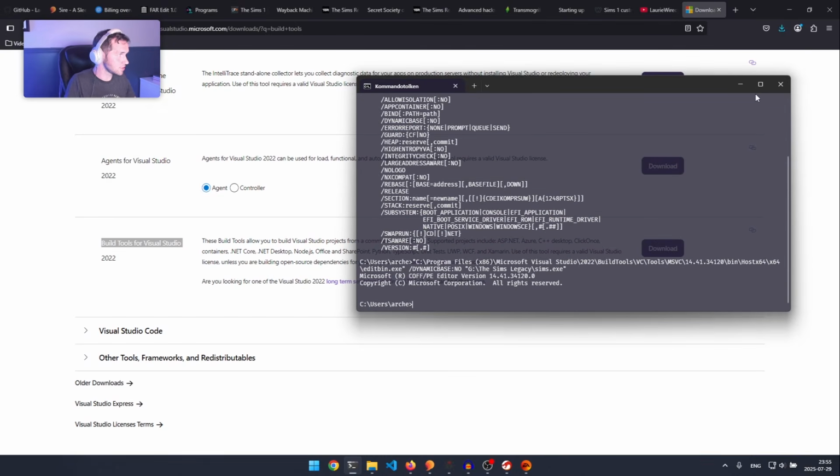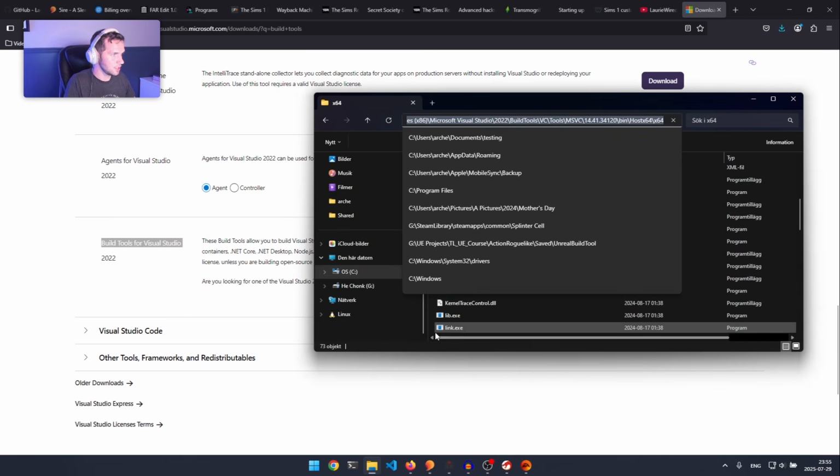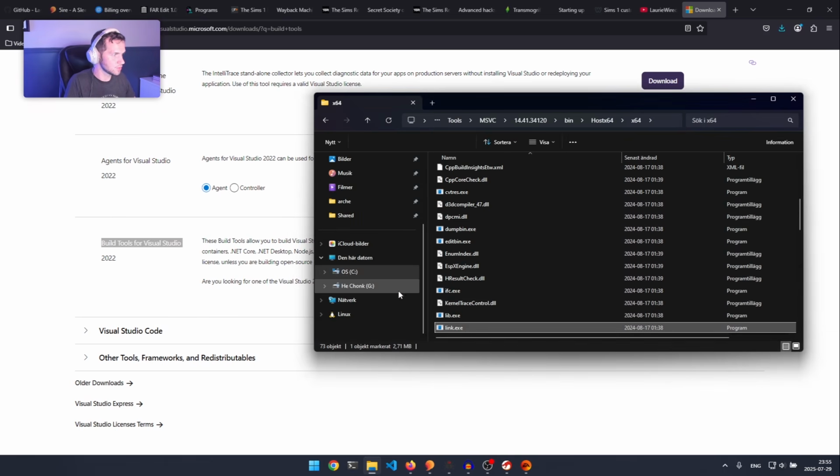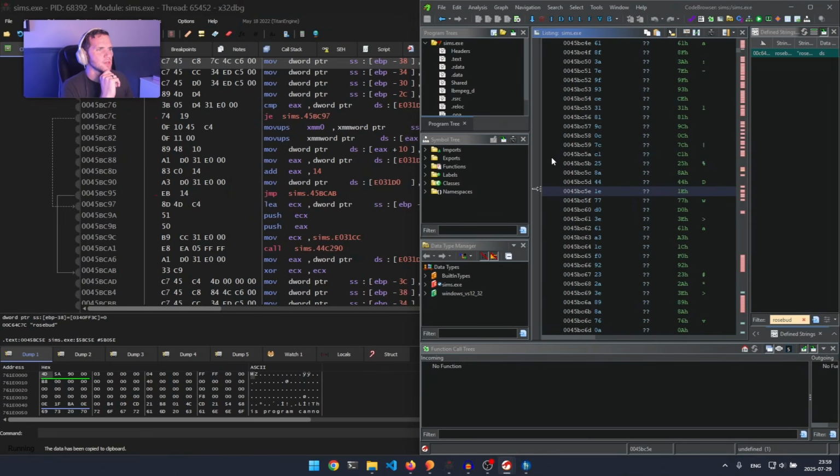I'm assuming no error means we did good. And let's go ahead and rerun Sims real quick. Okay, so put simply, I'm seeing an issue here: what we have in our debugger, the game actually running in memory, the instructions at this address are different than the same address in Ghidra, which is static and just reading the file on disk. So that tells me that maybe there's something going on when the game starts where the file is changing, and so the file on disk is not quite a one-to-one match to what's being run in memory. And that makes sense now that I'm thinking about it, because